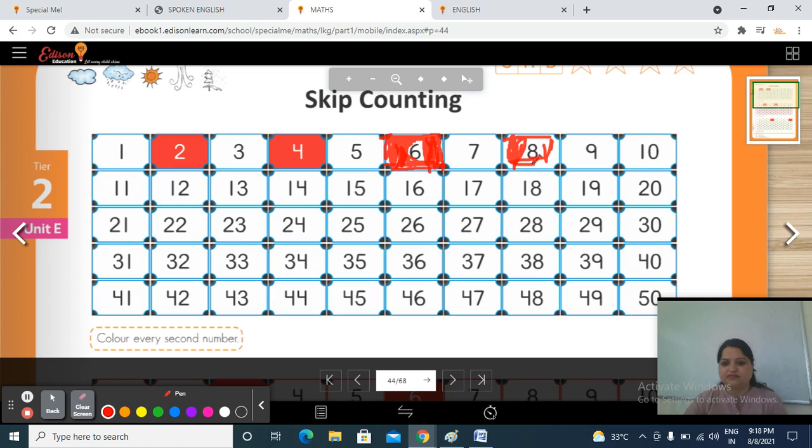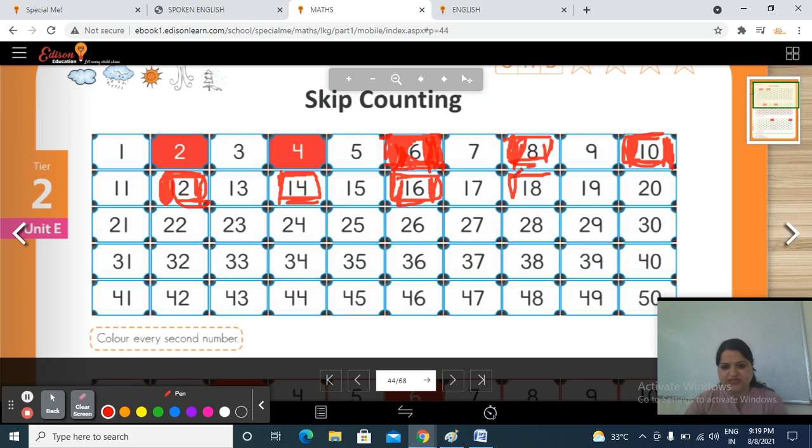Then complete it. Okay, 1, 2. Now we have to color number 10. Then again count 1, 2. Now color number 12. Then 1, 2. Now color number 14. Then 1, 2. Then color number 16. 1, 2.